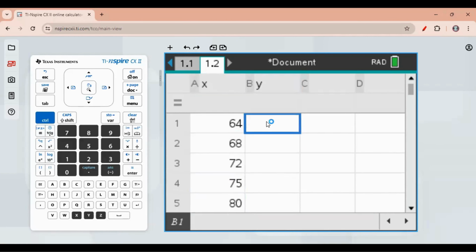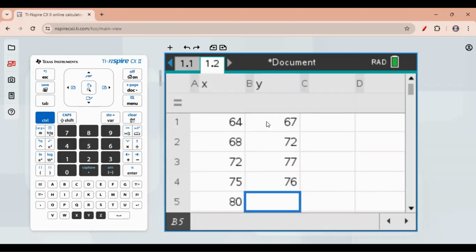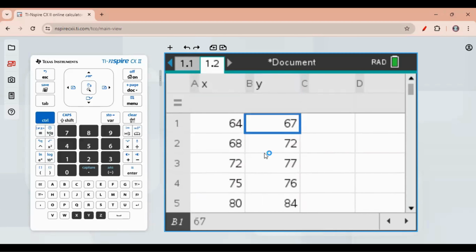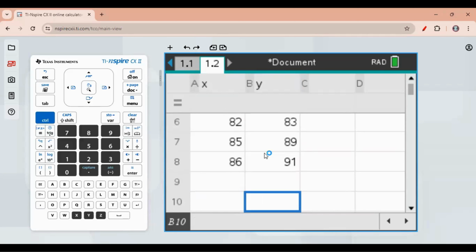Then science code. So here you need to make the changes. 67, 72, 77, 76, 84, 83, and 89, 91. So you can cross check it. All are well defined here. So the next part we are going to do is,